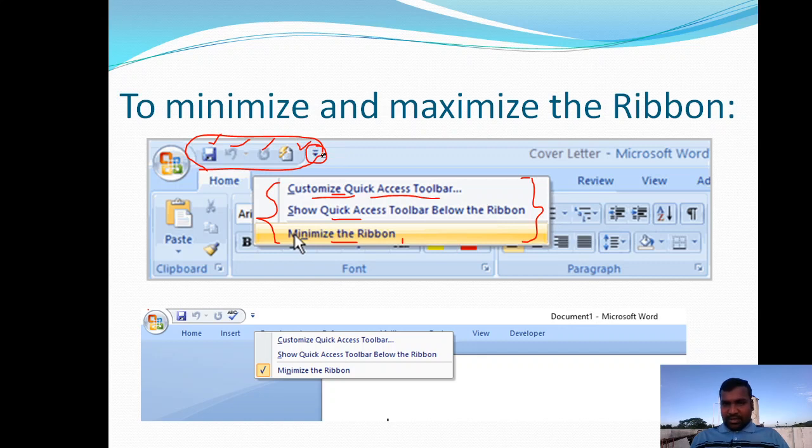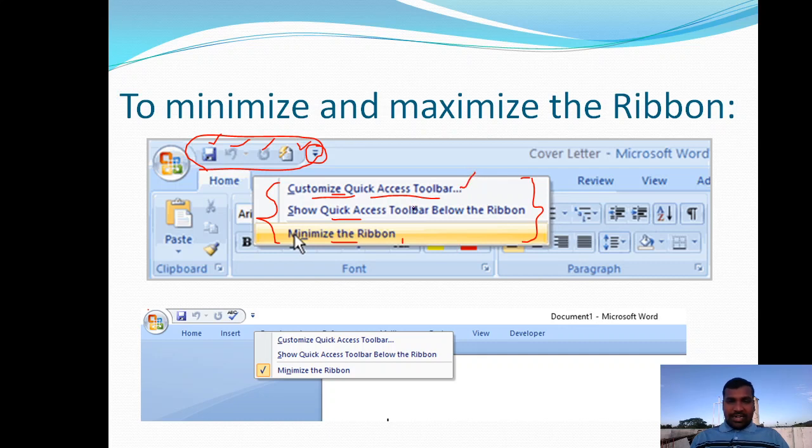If you click it, you can customize or add several new, frequently used commands to this quick access toolbar. So you can customize this toolbar after right clicking with the mouse on the menu bar.